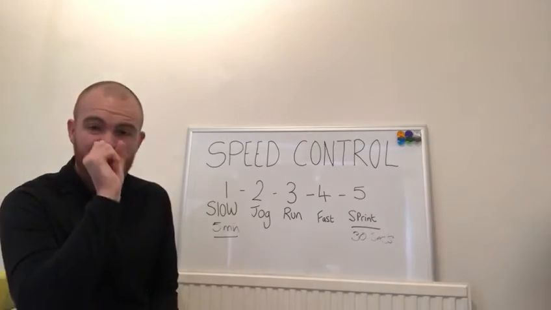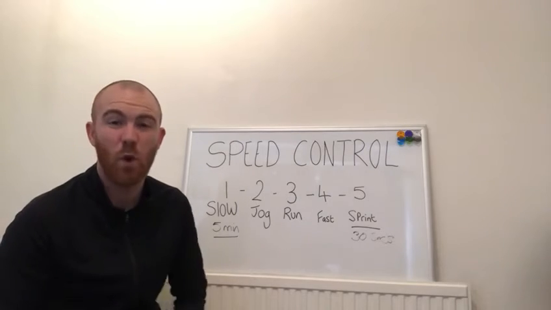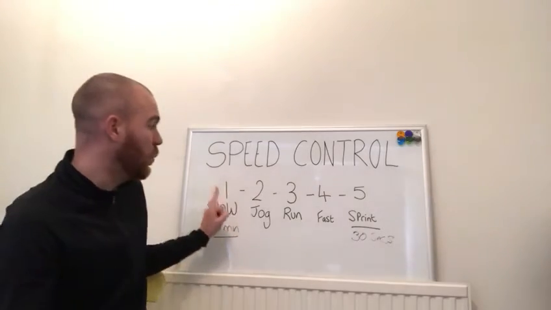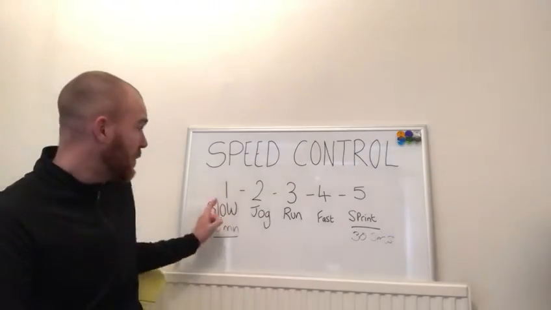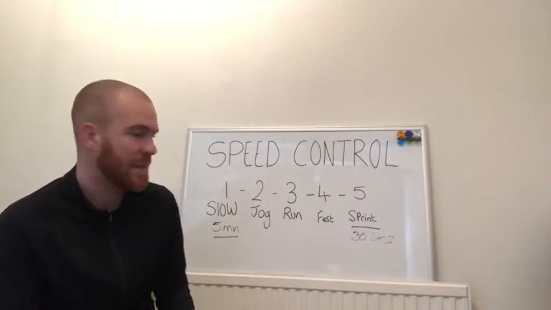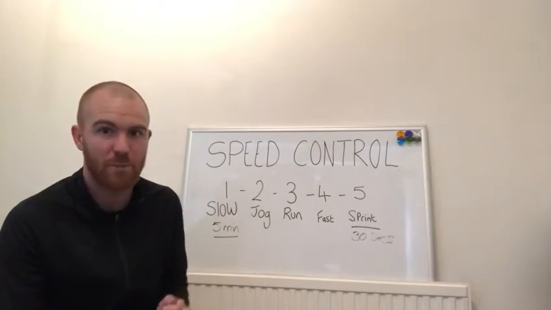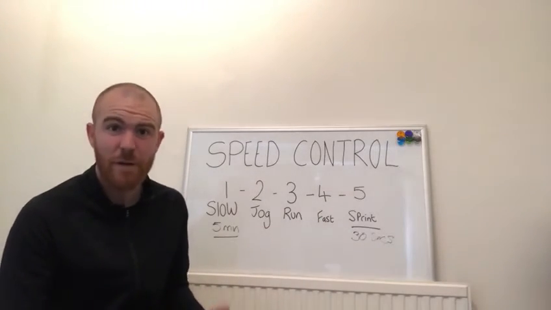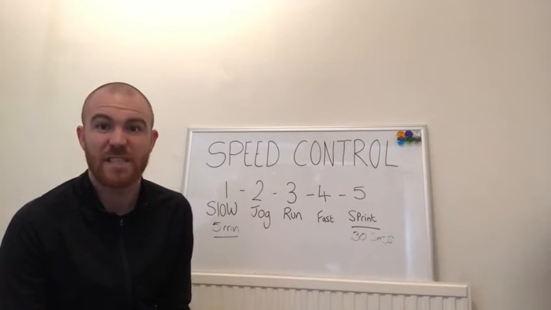Okay? Now, to get a better understanding of what this is all about, what I'm going to ask you to do is, parents, for 1 minute, you're going to time your children for 1 minute, and I want you to be calling out number 1, and they've got to do that for around 10 or 12 seconds. Number 2, they then have to jog on the spot for 10 or 12 seconds. Number 3, I want them then to speed up a little bit more and run on the spot for 10 or 12 seconds. 4, which means get faster than a run. And then, of course, for the last 10 or 12 seconds, number 5, which is sprinting on the spot.